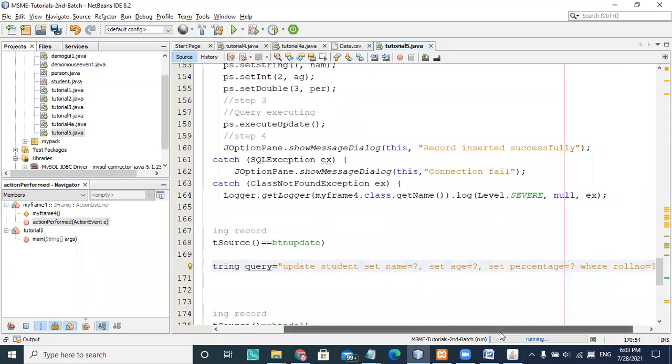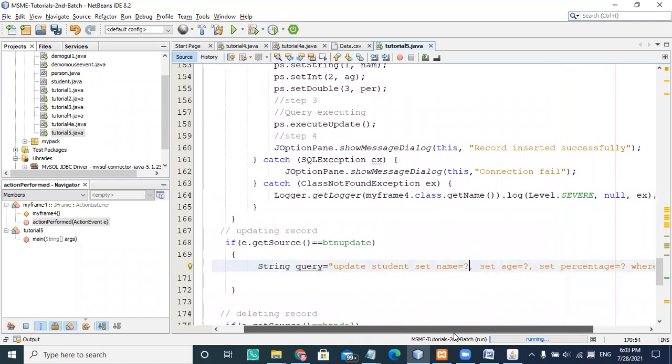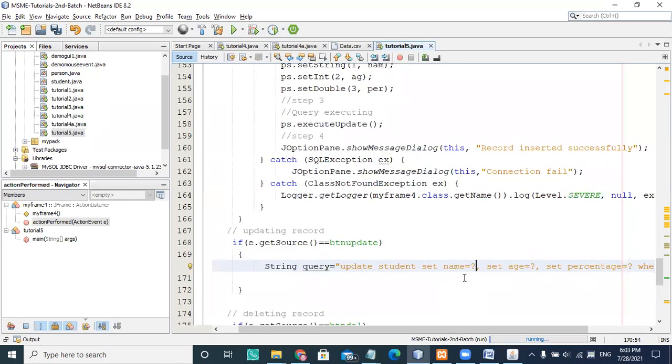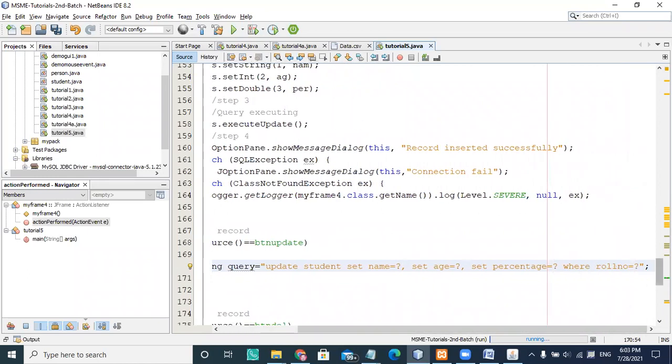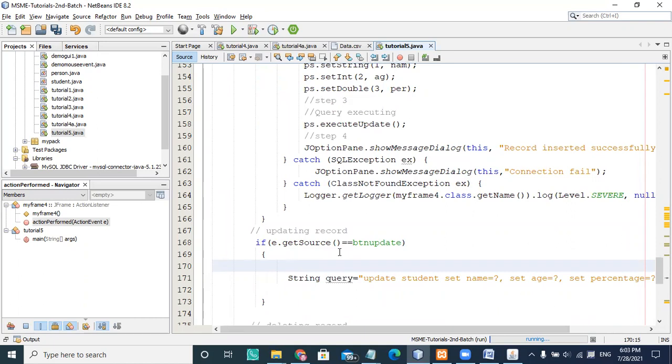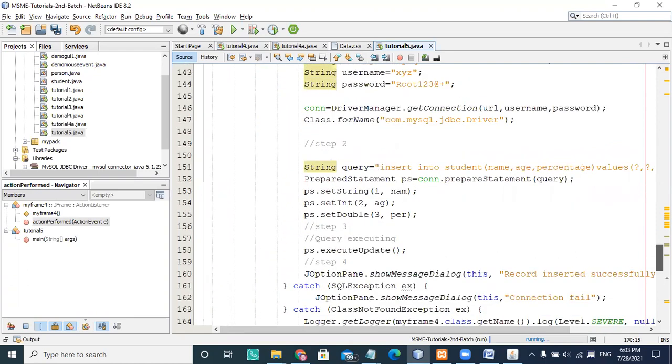So as per your requirement, you are taking this value and updating the contents. Whatever the data there is, you are taking a value from the user and setting it inside the roll number here. So you can take the value from the user as an input. Whenever people are updating a record, you will see that updating a record here. Okay, so I'm choosing a prepared statement again.